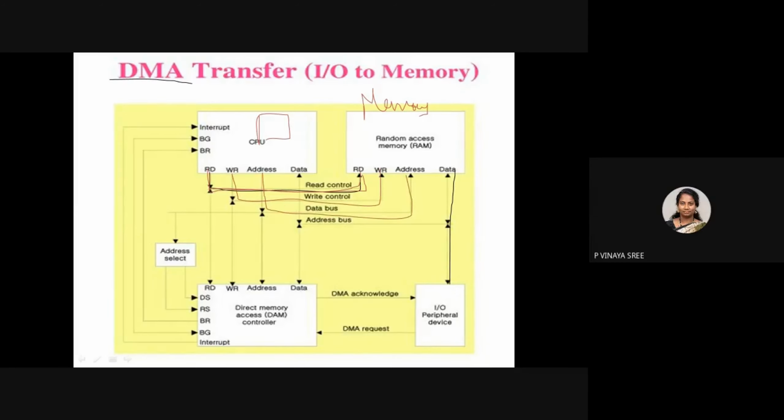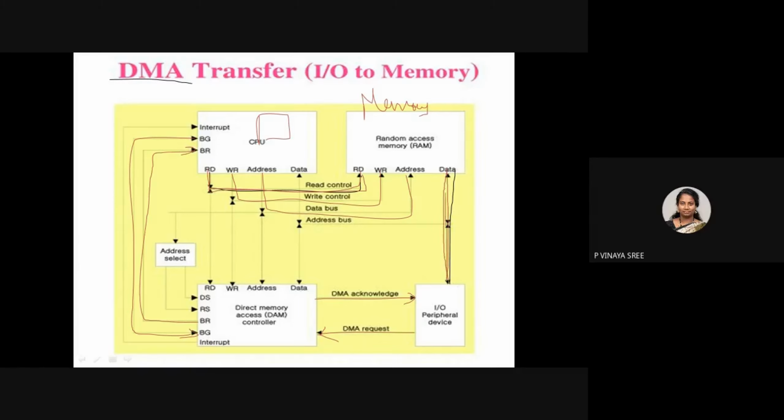But whenever external peripheral devices give a DMA request, upon this the next step is a bus request. The DMA controller will give a bus request. Upon that, the processor gives a bus grant. After that bus grant is received, the DMA gives a reply to the IO devices, a DMA acknowledge. After giving the acknowledgement, they transfer the data.